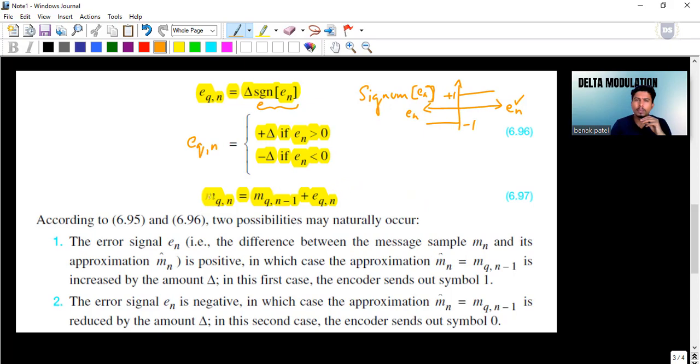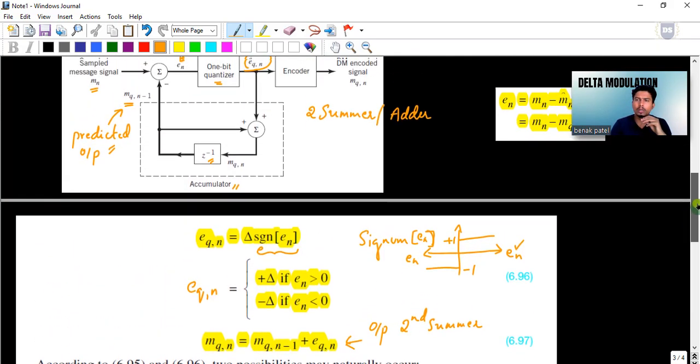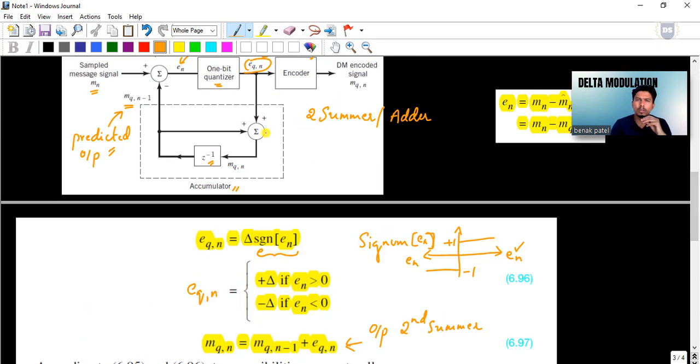And in fact, MQN is in turn equal to this delayed output plus EQN, because this can be thought of as the output of the second summer. If I carefully examine over here, to this second summer we are feeding in EQN, and the other input to this is MQ n-1. So this in turn results in MQN.